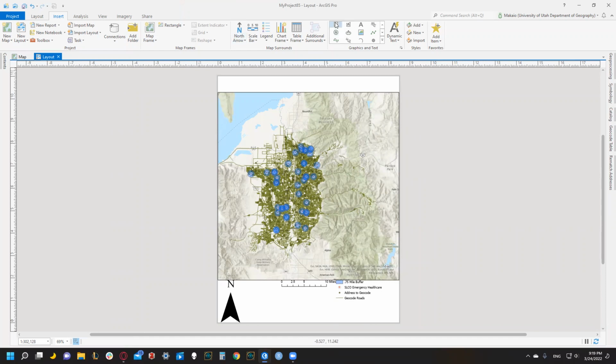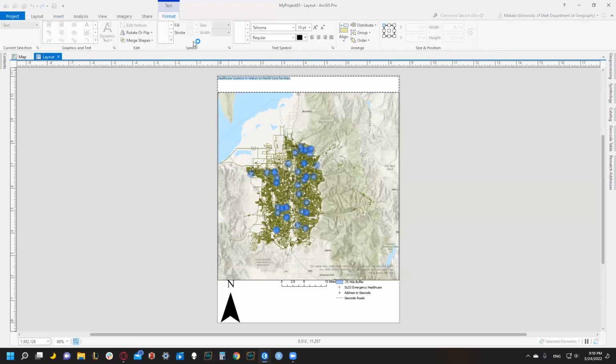So let's add a title. I'm going to choose rectangle text because I can just format it the other way. So I'm going to draw my square and really think about what we're trying to display with this map. We're trying to display healthcare locations, my goodness, in relation to healthcare facilities. Okay, so then when we have rectangle text selected, we can Control A to select all of our